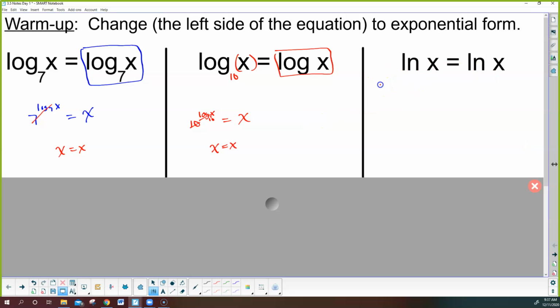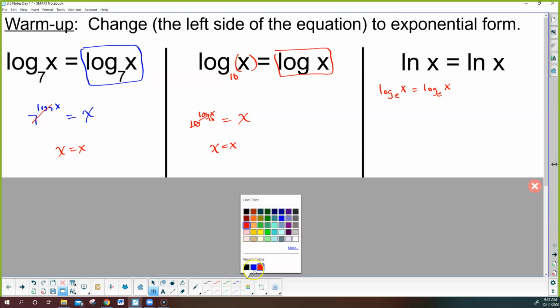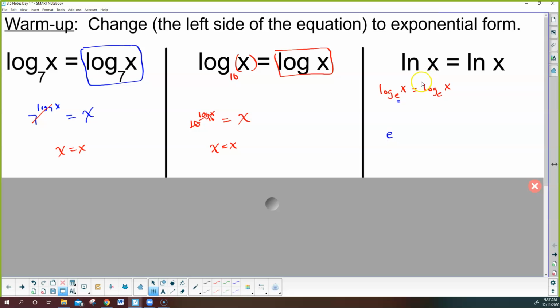This is basically the same thing, except for when it is the natural log. The natural log is really the log with base e. And then if I do the same thing, if I keep the base the same, and then I raise it to the power of the answer,